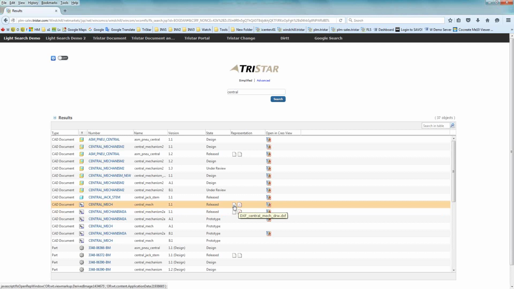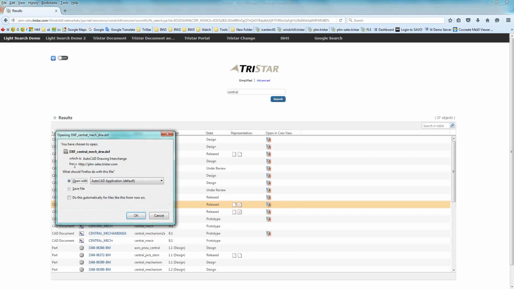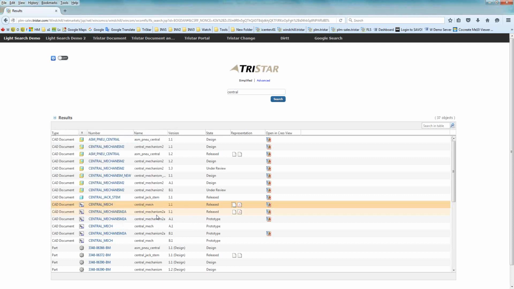I can also download those, so I can click on that file and download that DXF, or if I have an appropriate program on my system that will open those types of files, then I can use this. So if I have Mastercam or some electrical software that can open up and view these files that are created out of Windchill as these secondary content files,